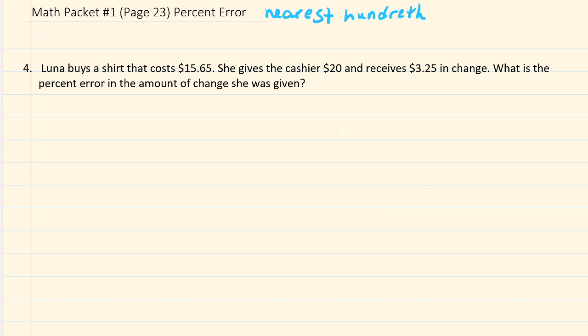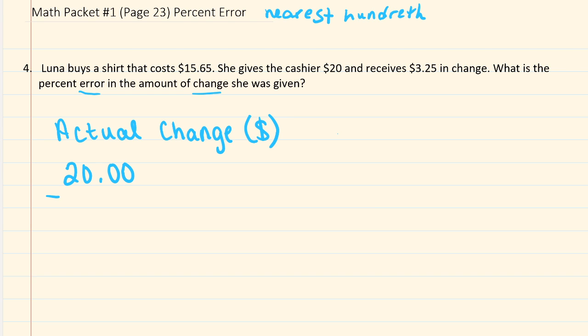So if we're wanting to find the error in the change that we were given, then we have to know the actual change that we were supposed to be given. So let's figure that out. Our actual change, by change I don't mean money change. So the actual change was supposed to be